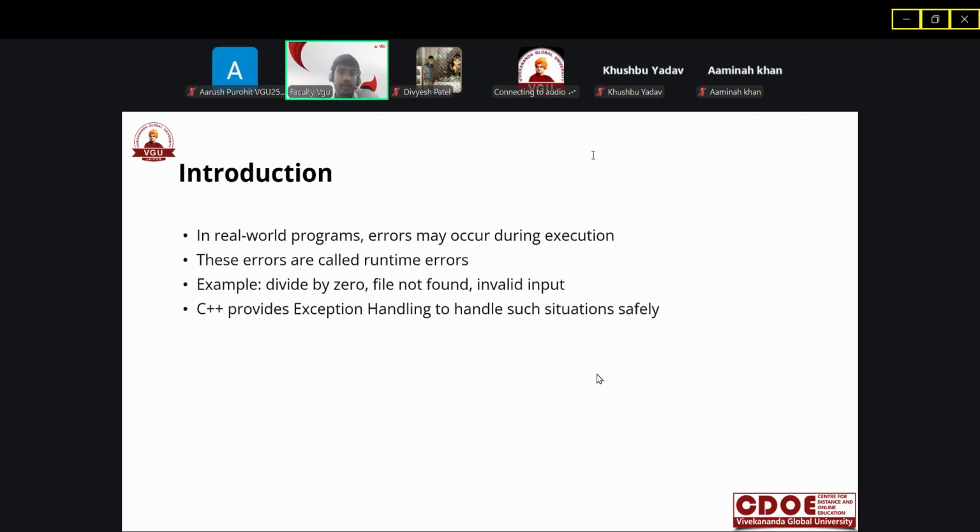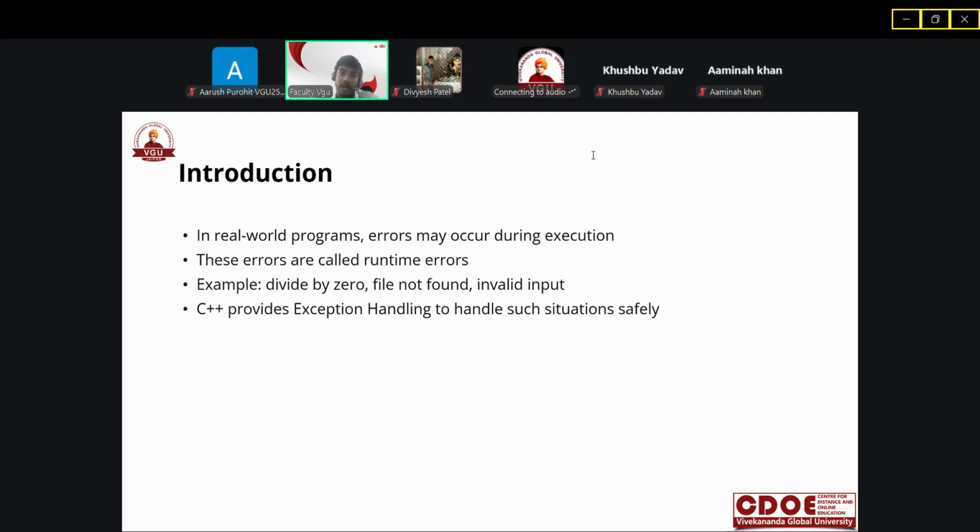But the runtime error occurs when you are executing the program, when your writing part is completed and compilation is also completed. After the compilation, when you are executing your program, there can be an error. When the error occurs at runtime, at execution time, that kind of error we call a runtime error.